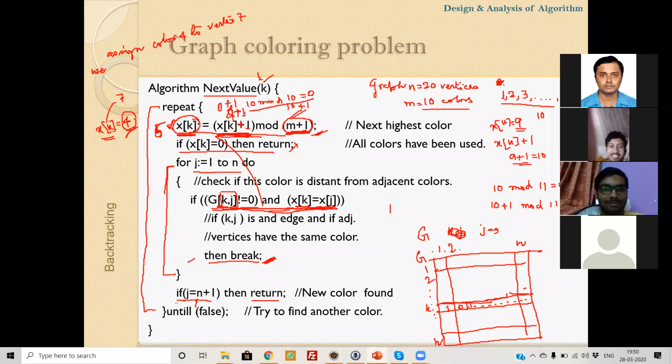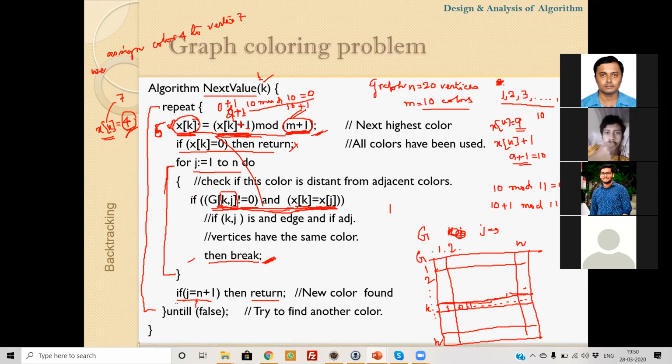As none of these vertices are assigned color 1, it will never break this loop. If the loop is not broken, it goes to the next line. The value of j becomes n plus 1, so it will return a success statement.